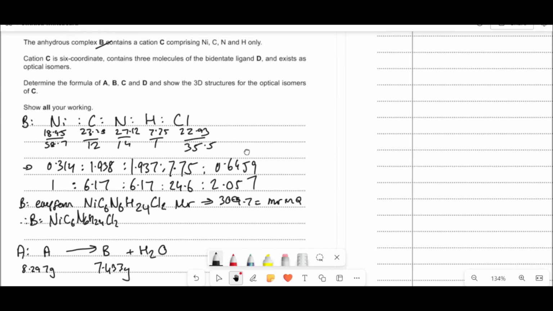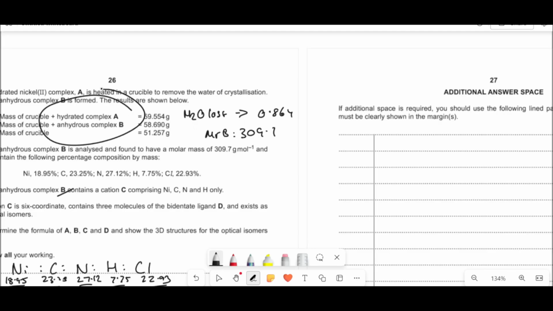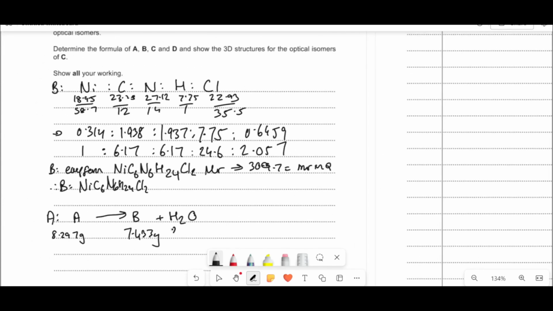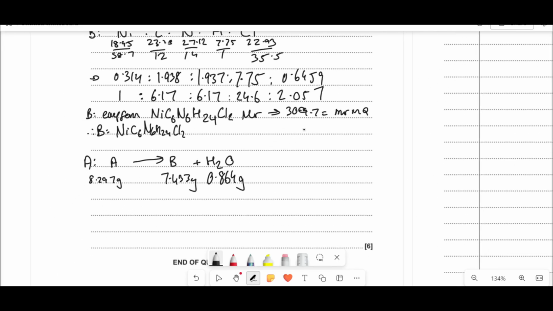And we just worked out the mass of the H2O lost from over here as well, because these two differences will give you that. So it's 0.864 grams, right? Cool. We just worked out what B is. We know its empirical formula, so we can work out the moles of B, which is going to be 7.433 divided by its MR of 309.7, which if you do that gives you